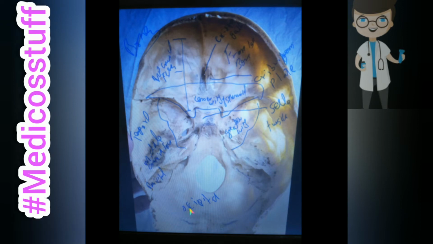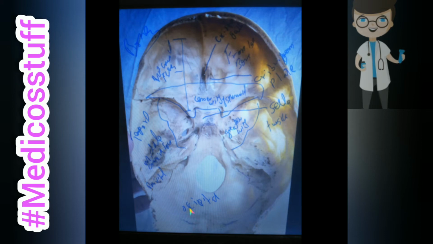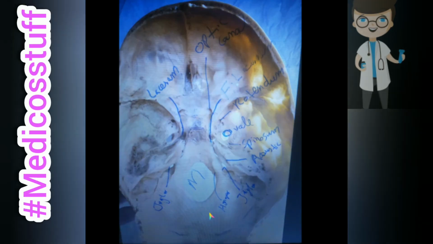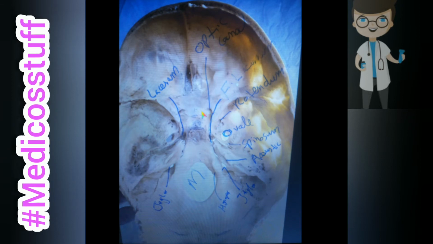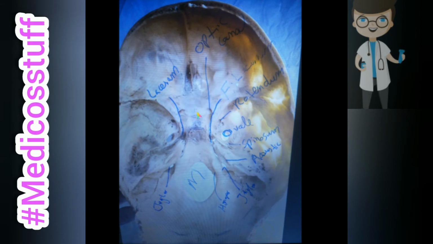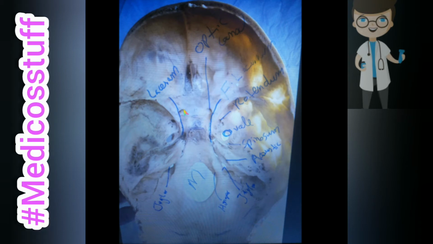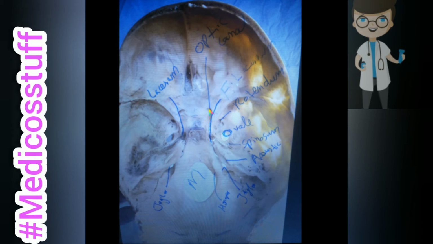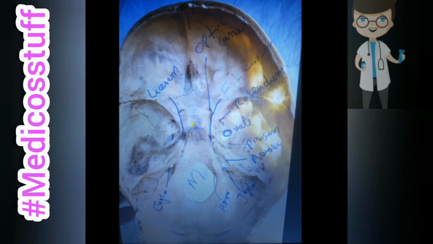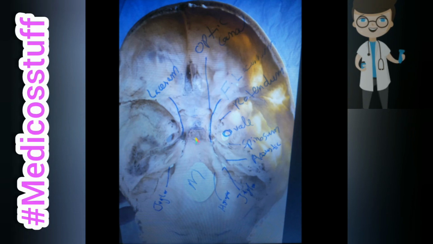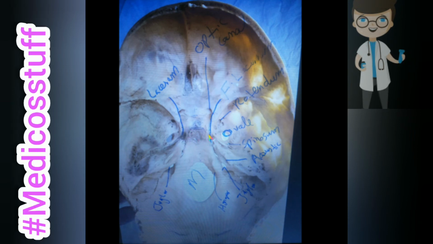It was all about the bony features. Now we'll talk about the foramina and the canals. You can see the names of the foramina and canals with the marker. First, the uppermost foramen, where you can see the cursor, is known as the optic canal. Then, just lateral to the middle part, there is a main foramen known as the foramen lacerum.